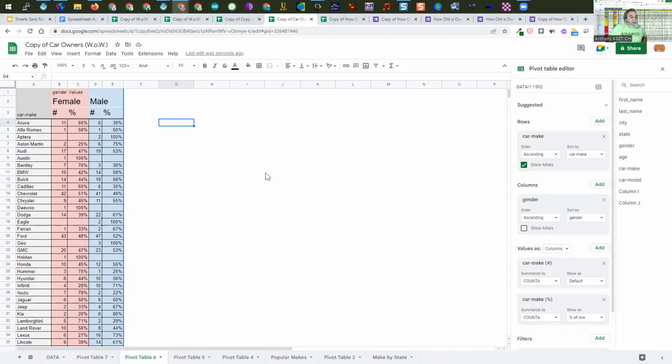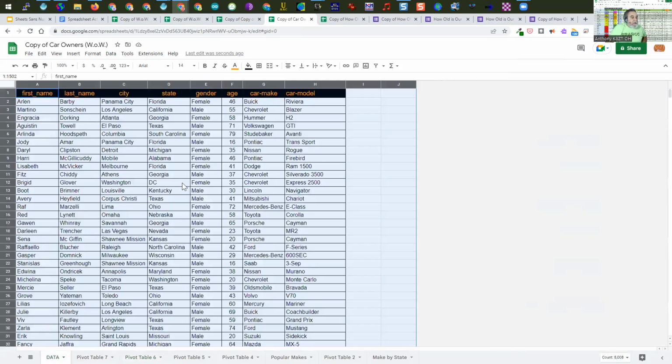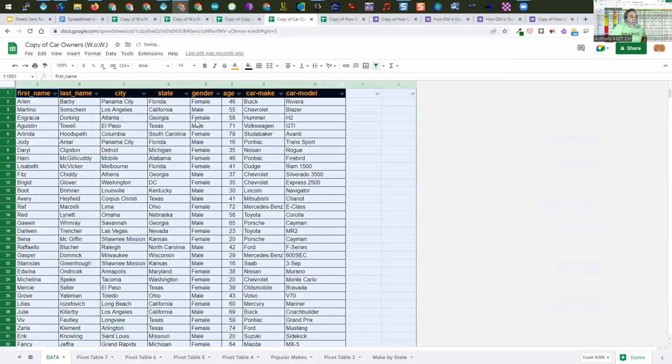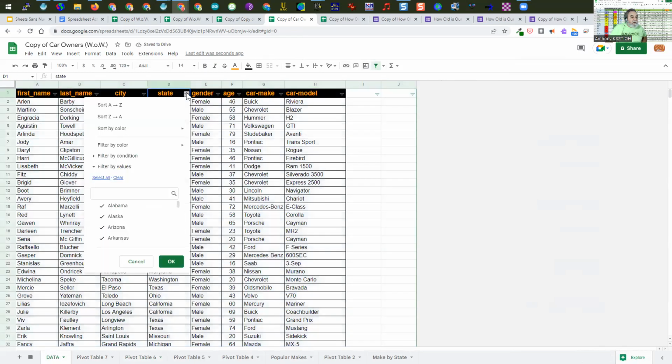And again, all you need is a spreadsheet full of data, and then you can analyze it using a pivot table. You can analyze it by using the filter function. And just to prove that the filter function still works with this large amount of data, let's try putting our funnel on here. And let's say we want to only see the cars that are